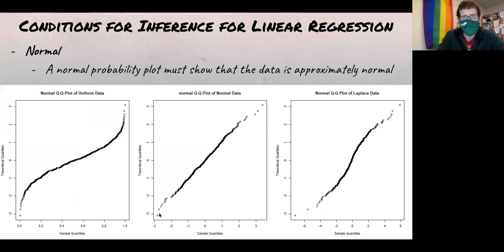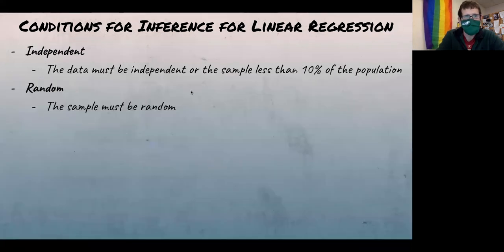So if your actual observations match up with the theoretical ones, then you're going to get this very close to a straight line right here. So this is what you're looking for. You don't want to see a curve like this or anything. So that's a good normal probability plot. Independent, random,